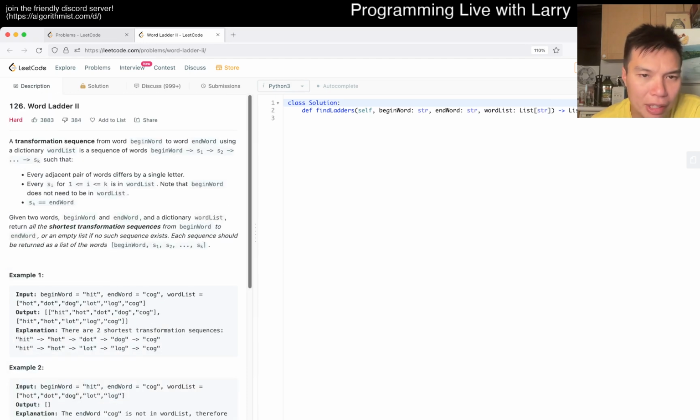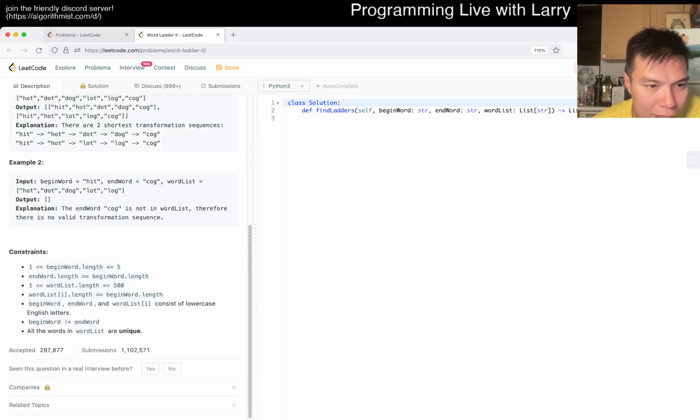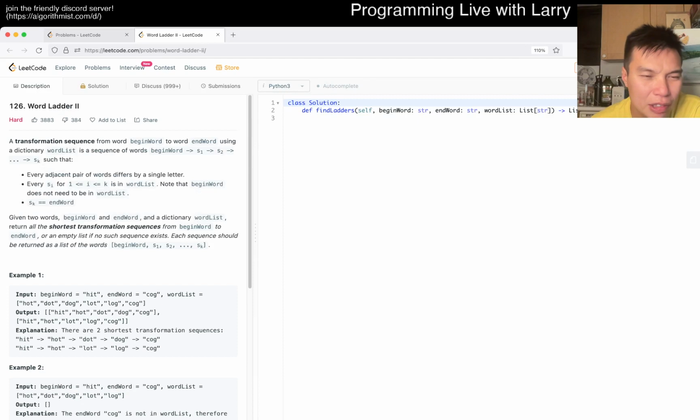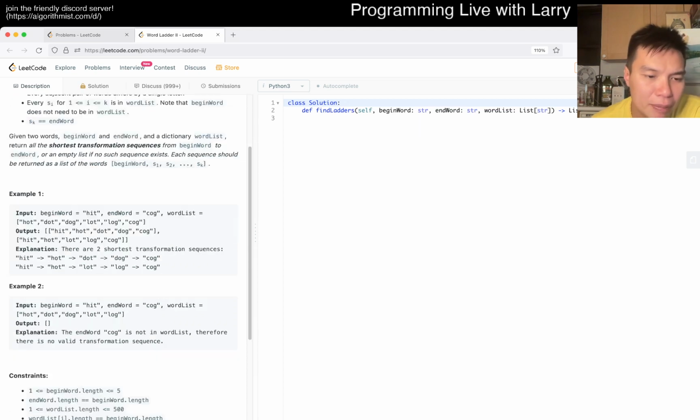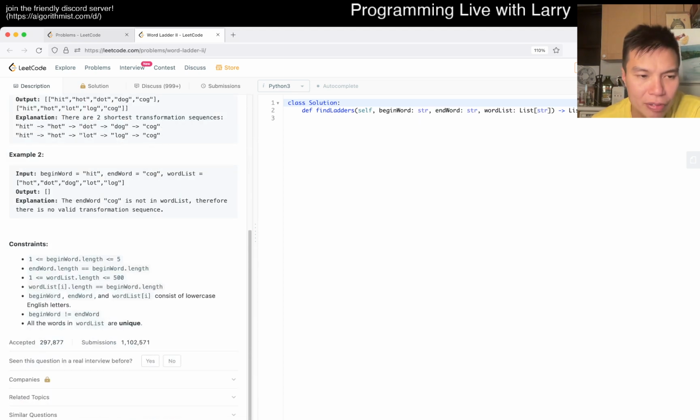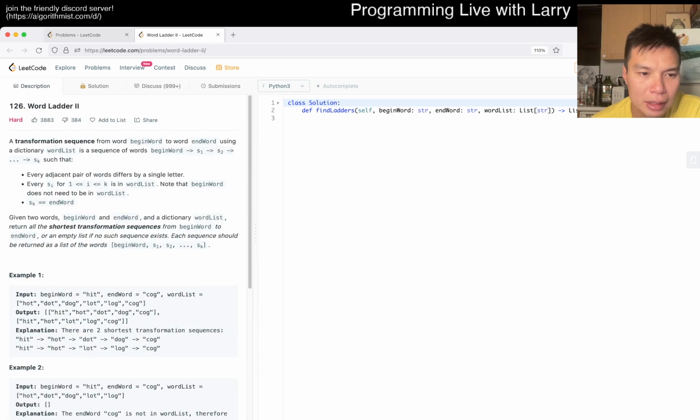Maybe I'm thinking of someone else. But in any case, my first inclination is to do breadth first search. Do you have to? Oh, wait. Maybe I'm thinking of a different one because I was thinking about the one where you have to do just one, but here you basically have to do all possible shortest transformations. That's not so bad. I mean, I'm still gonna do the shortest path, but